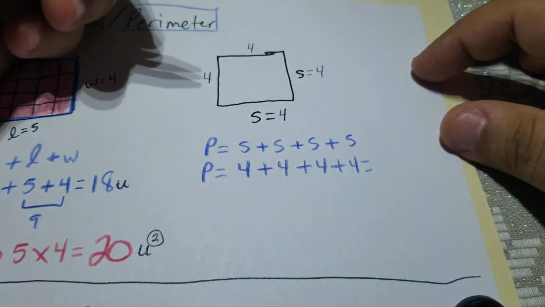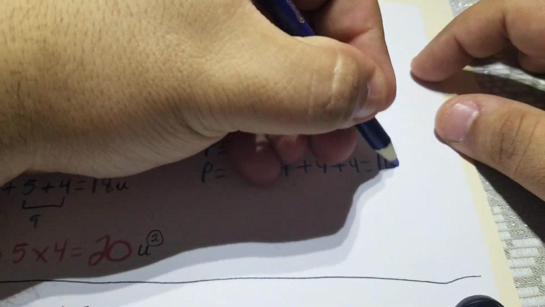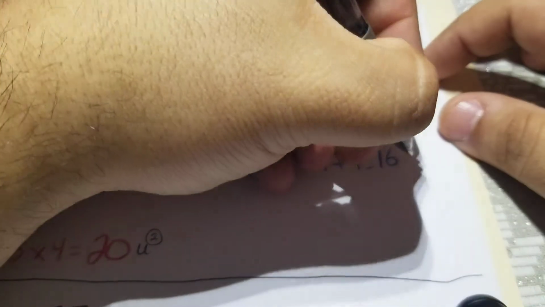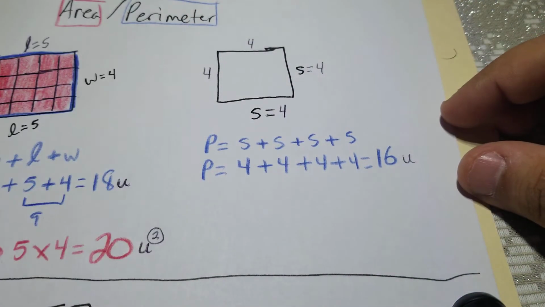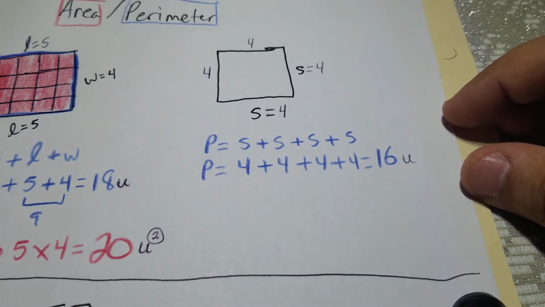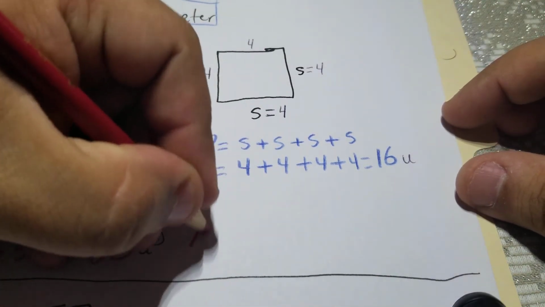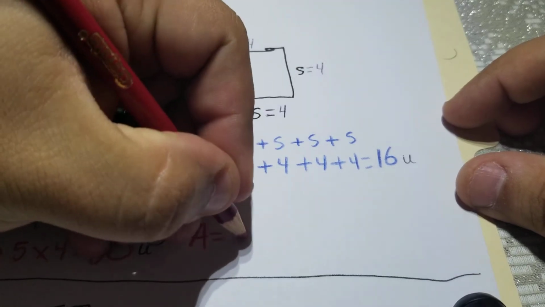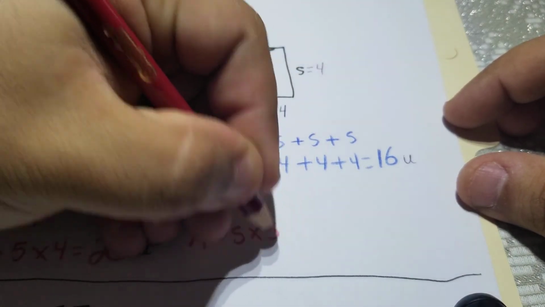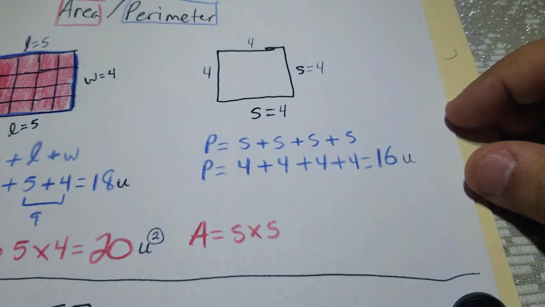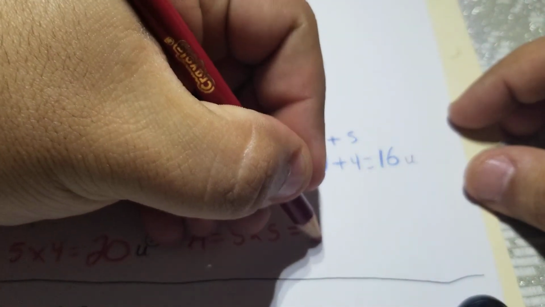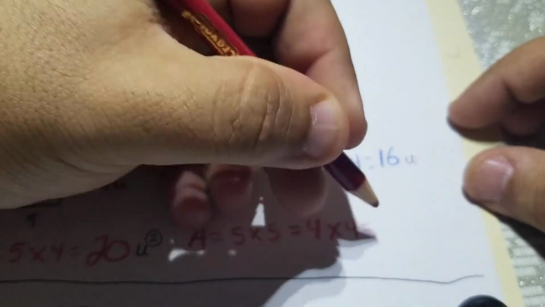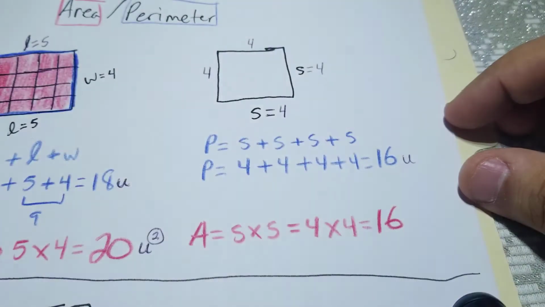So when added together, they give you, got it, 16 units. So when dealing with area, the same thing applies. Area is exactly the same. We are using multiplication, only we're multiplying one side length times another side length. And that will give us 4 times 4, which is 16